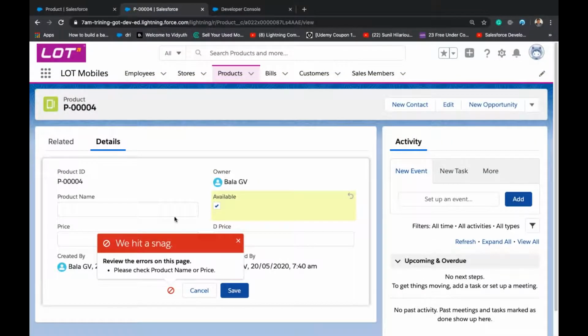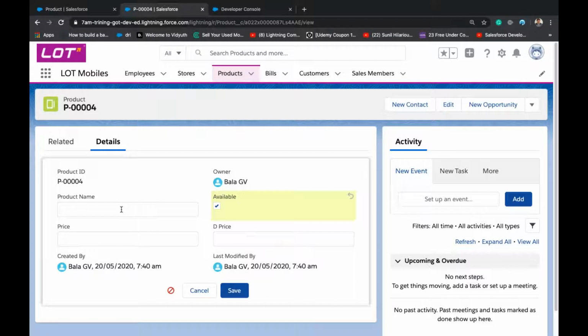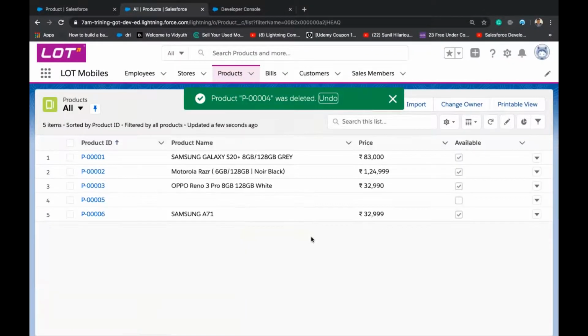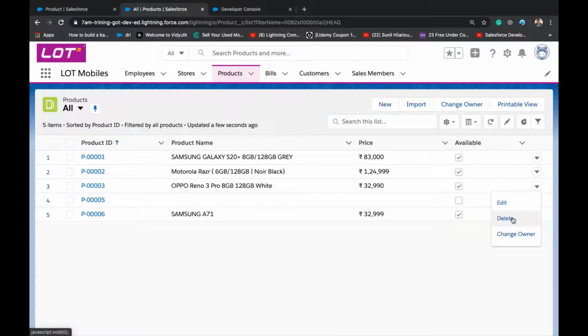Product name or price, I think we made this mandatory. So this is not available, right? So we'll delete this product. So the product got deleted.